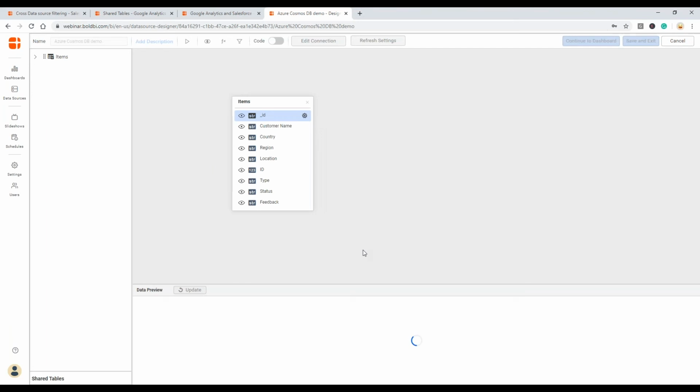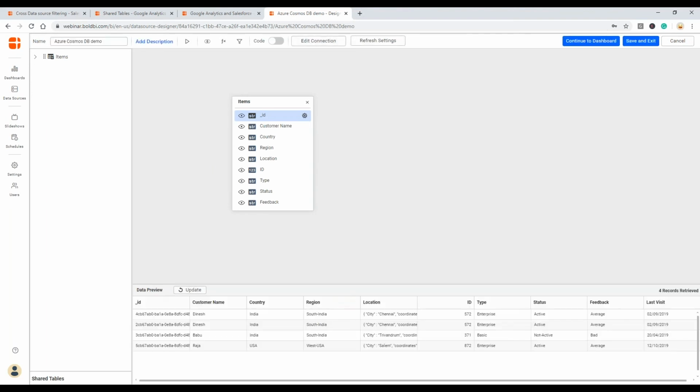So let me drag and drop the items table, get a preview of the data, and I'm going to continue it with the dashboard.